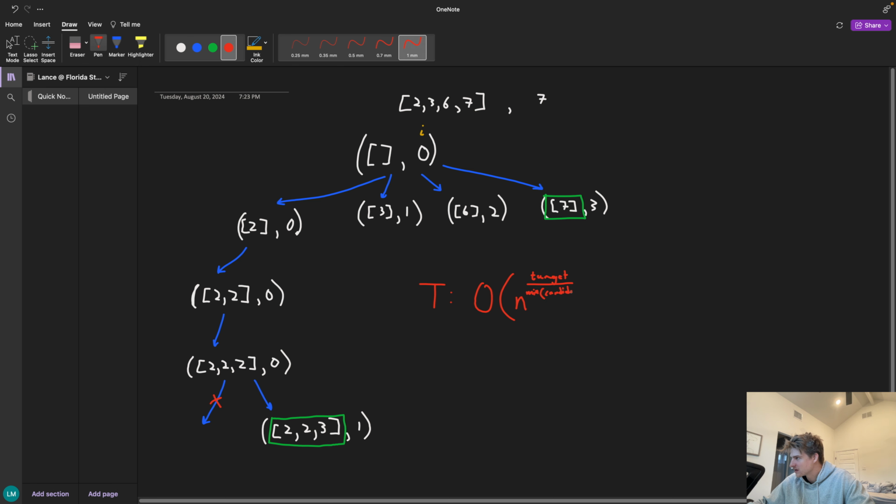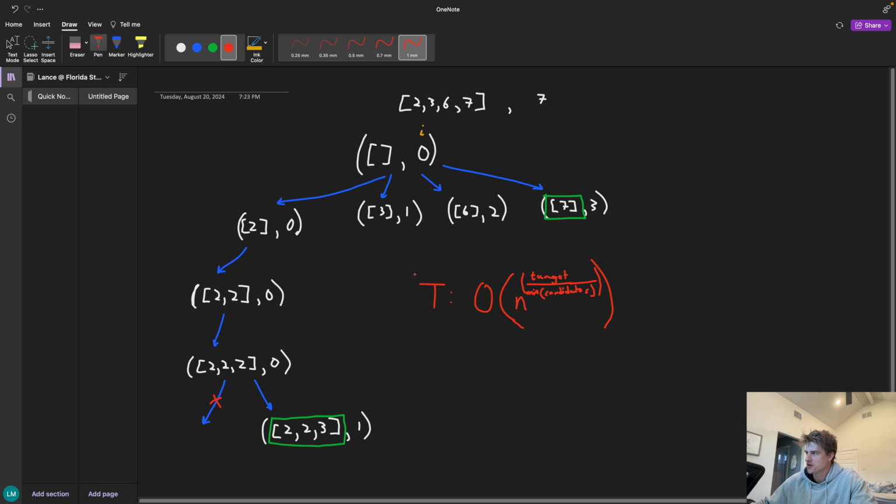I have to write really small here, but hopefully you can read that. This is big O of n, where n is the number of candidates, raised to target divided by the minimum of all the candidates,